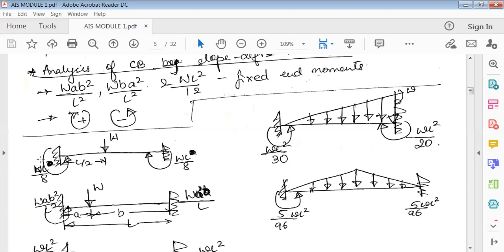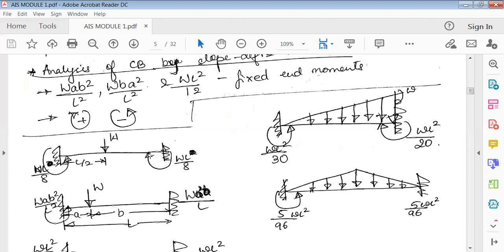Now, how to show this clockwise or anti-clockwise movement. You can see the behavior of this beam: when you apply a point load, the beam will bend downward. To stop this downward bending, the fixed support tries to push it back to its original position. It tries to keep the beam in equilibrium. So it's bending downward, and to stop that, there is an anti-clockwise moment trying to push the beam upward. Likewise, there is a moment again in this part of the beam. This portion is getting bent like this.